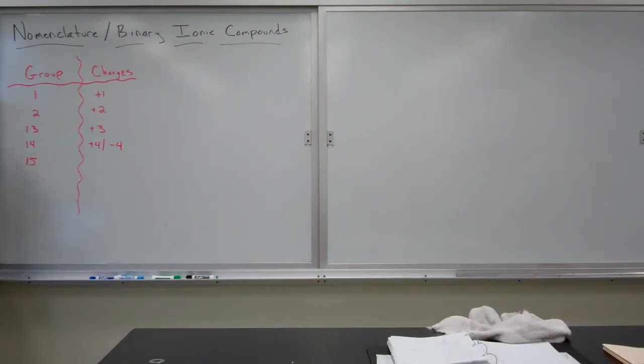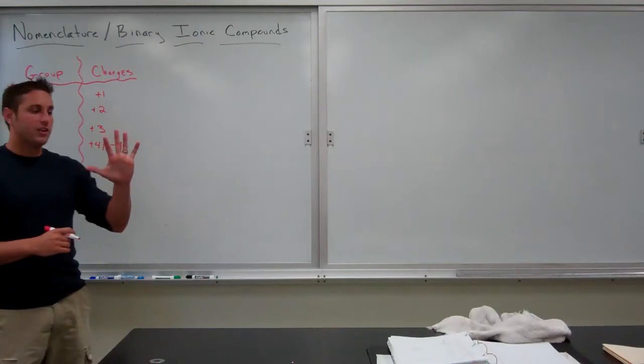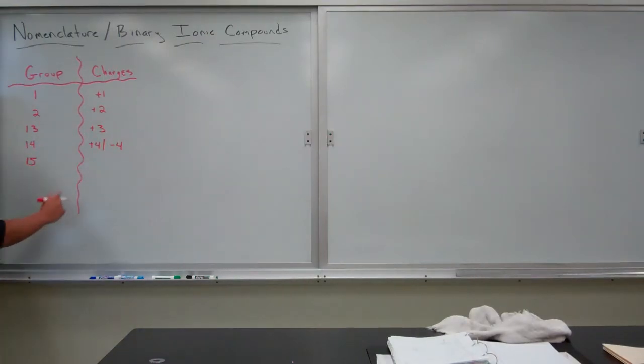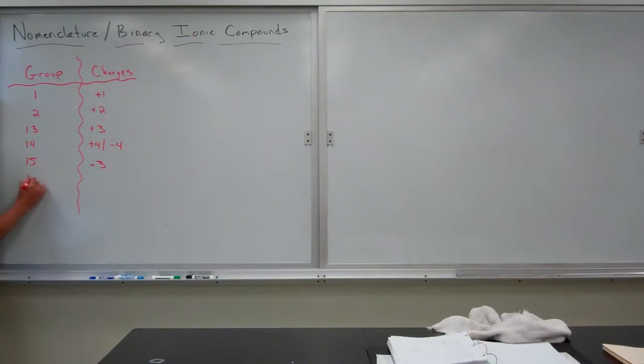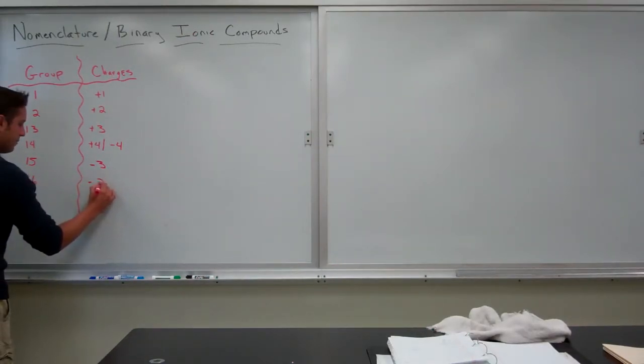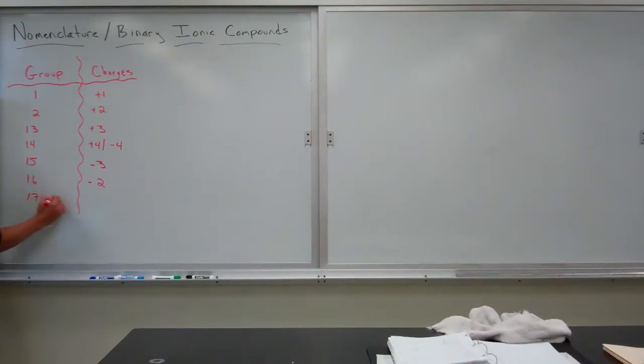Group 15 has 5 valence electrons, which means it's easier to gain 3 than lose 5. So it carries a -3. Group 16 is a -2. 17 is -1. 18 is a 0. So then the question becomes, what about groups 3 through 12? Because we covered all the other groups on the table. Well, groups 3 through 12, known as the transition metals,